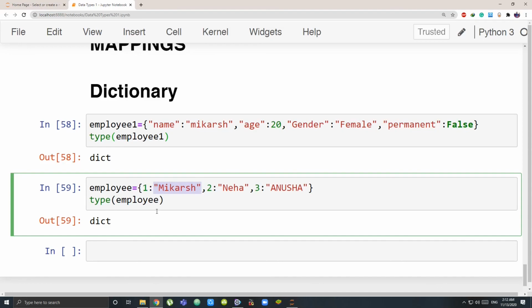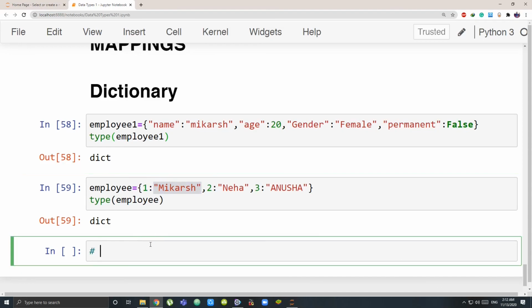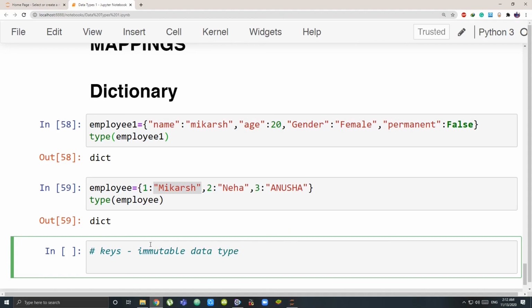Your keys, which are storing your value, have to be in the form of an immutable data type. And what can your values be? Values can be any data type. So that's the rule of dictionaries.